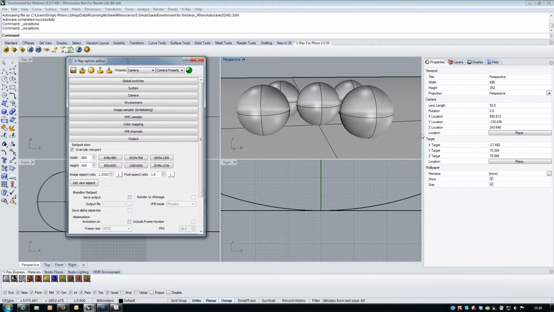So if I want to render out at viewport proportions, let's say my perspective view here, but I actually want to render out slightly bigger than the viewport, then what I can do is check override viewport, and I can then hit this button here, which is get view aspect, which gives me the length and height of the image, and then I can lock the image aspect here, type in the size that I want,